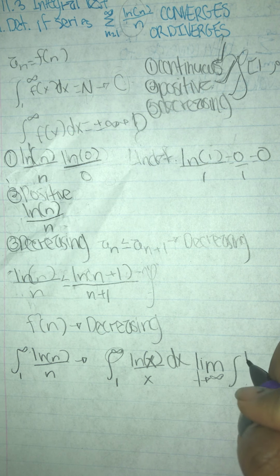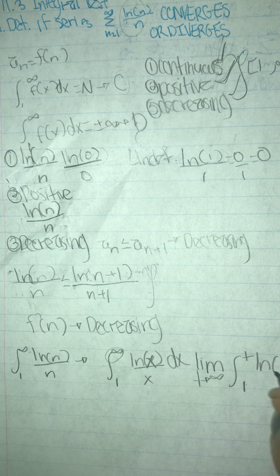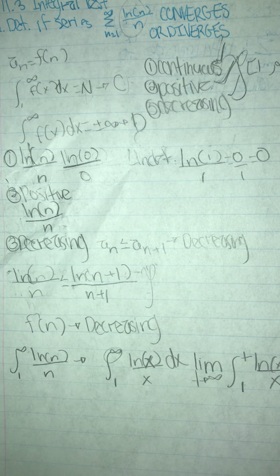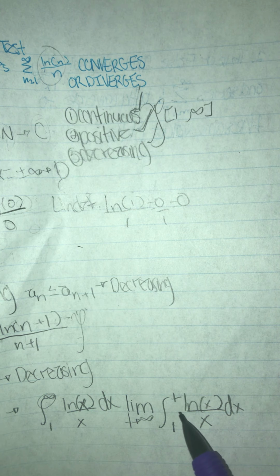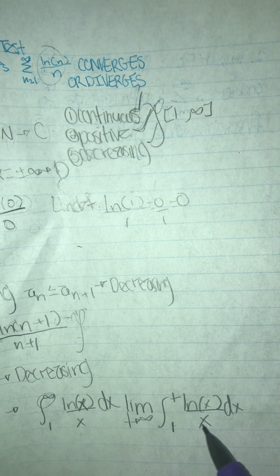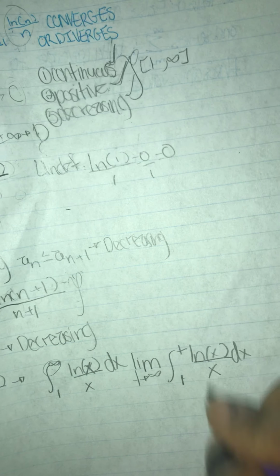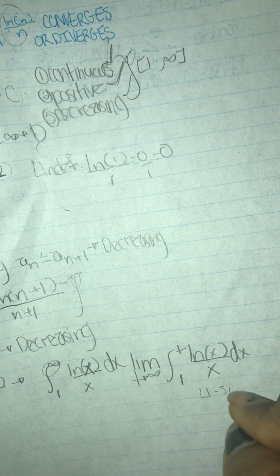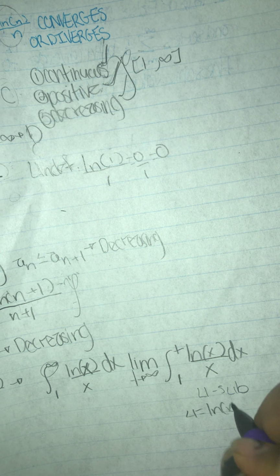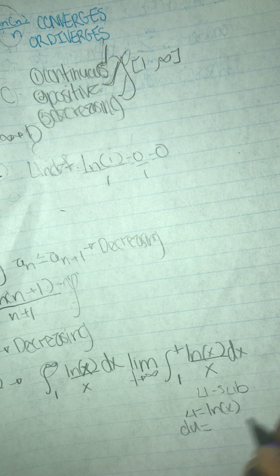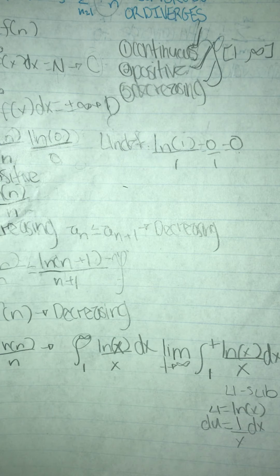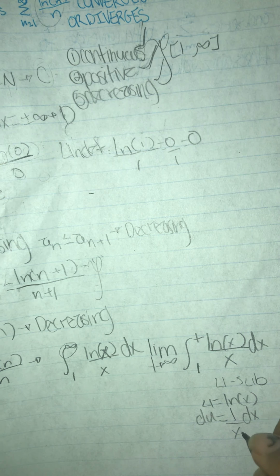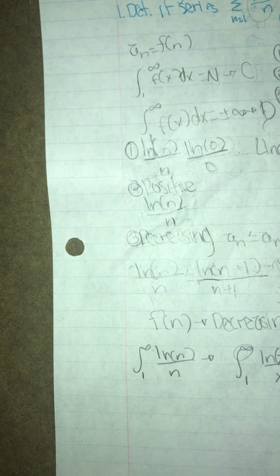So it's the integral from 1 to t of natural log of x over x dx. This is kind of weird looking. We can't just solve this, so we can use u-substitution, and we can allow u to be equal to natural log of x and du to be equal to 1 over x dx. And so when we plug this in,